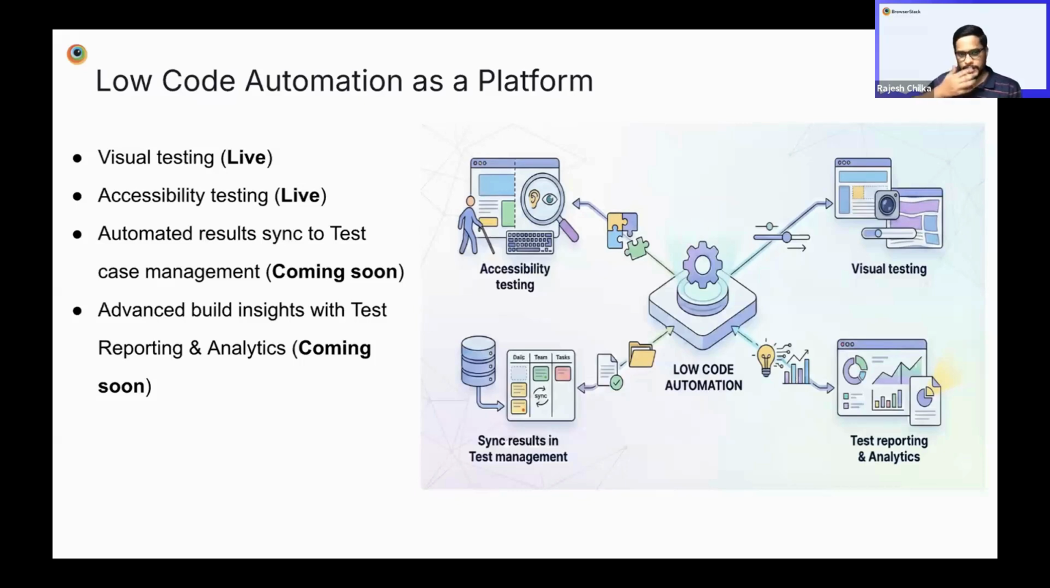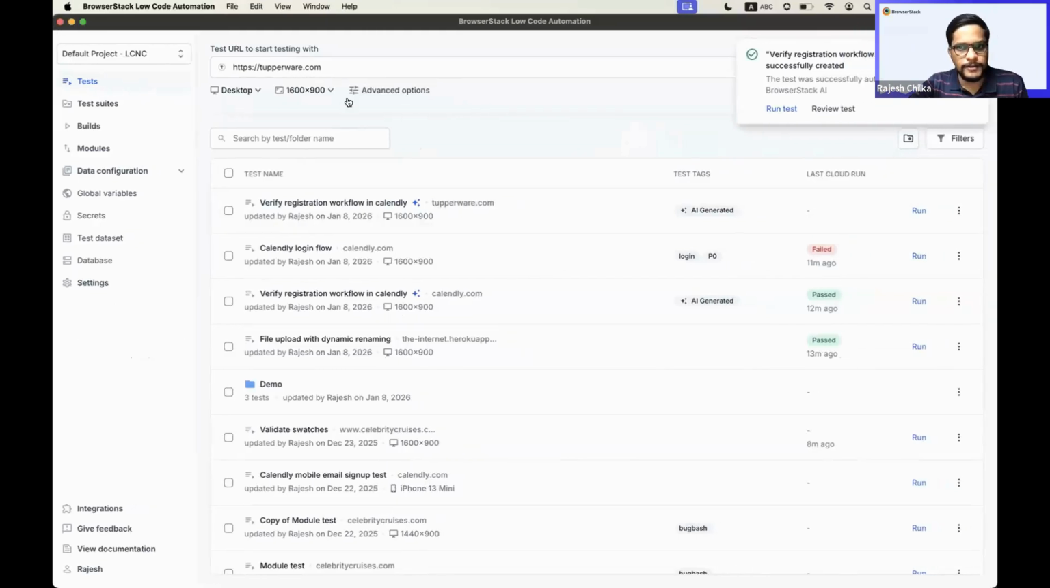So I'll showcase the test reporting and analytics dashboard as well, but I'll first demonstrate how you can do visual testing and accessibility testing using low code. Right. So the test was created, and